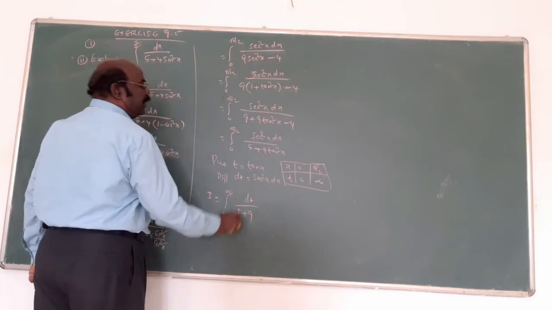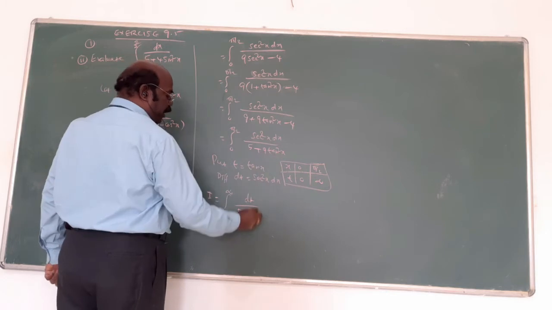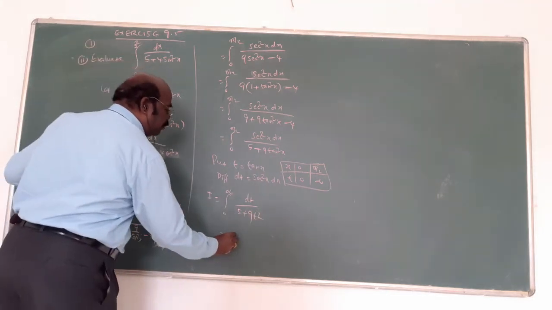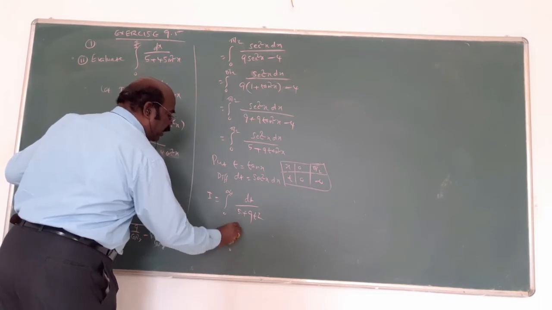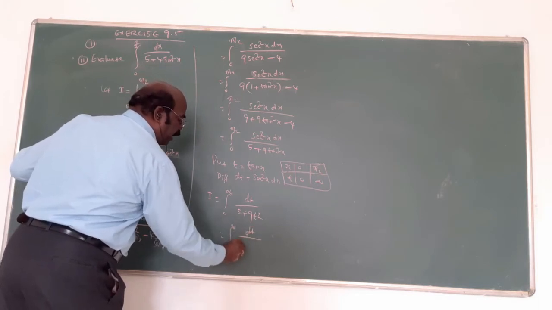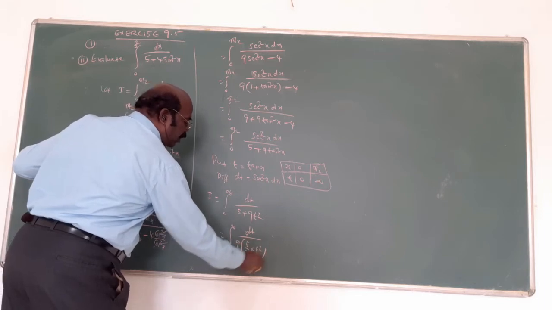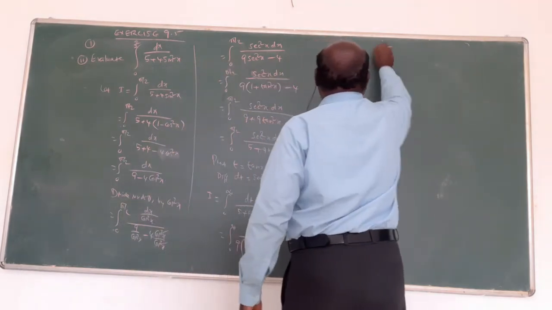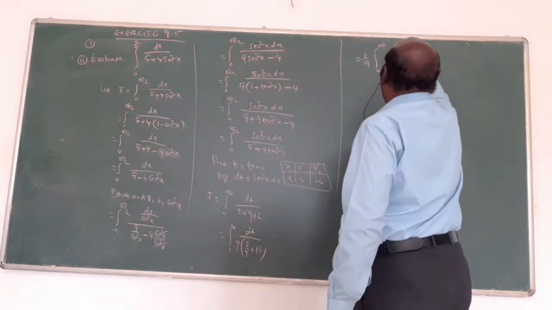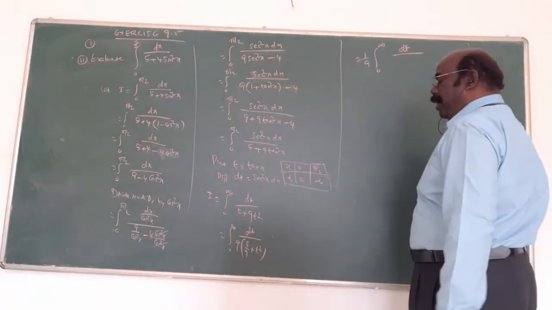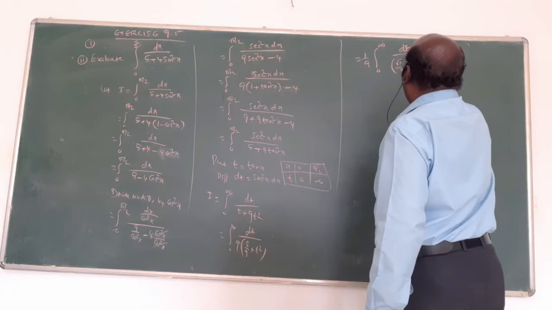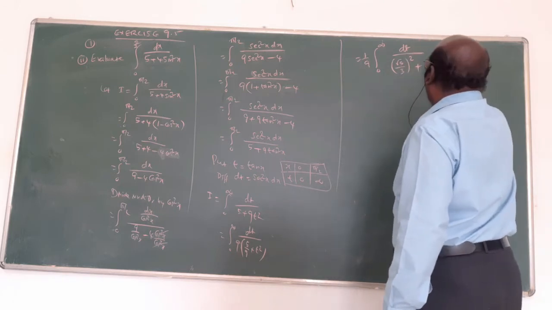5 plus 9 into tan x, that is t, t square. Am I correct? 9 is taken outside. Am I correct? 9 is taken outside, so dt by 9 common. So 5 by 9 plus t square. Am I right? Again 1 by 9 is taken out. This can be done as dt by 5 by 9, that means root 5 by 3 whole square, plus t whole square.